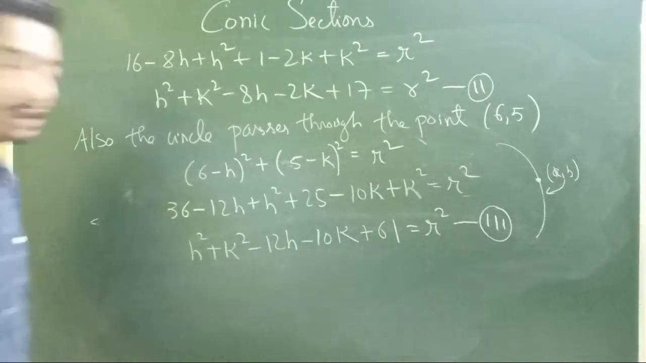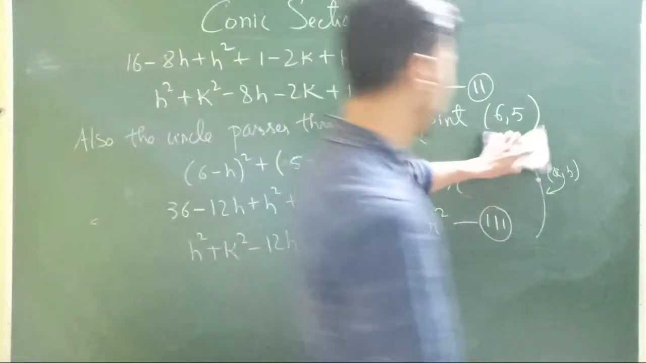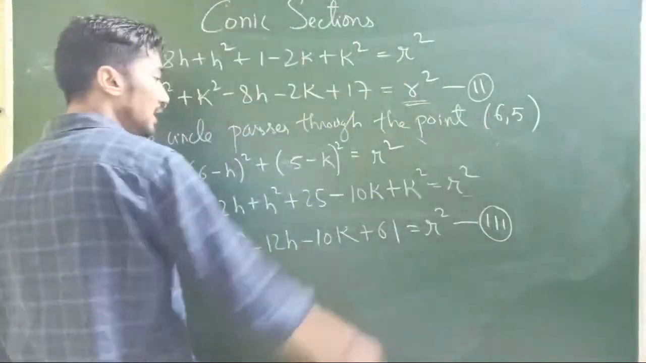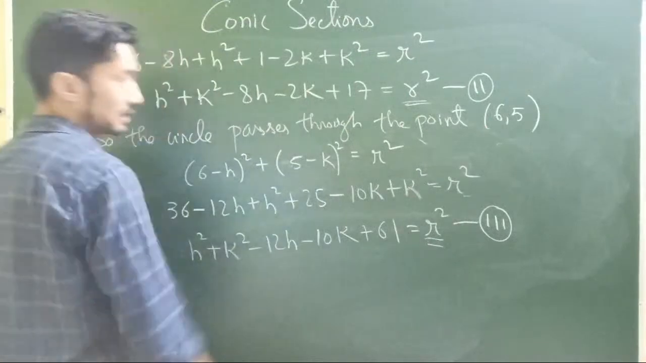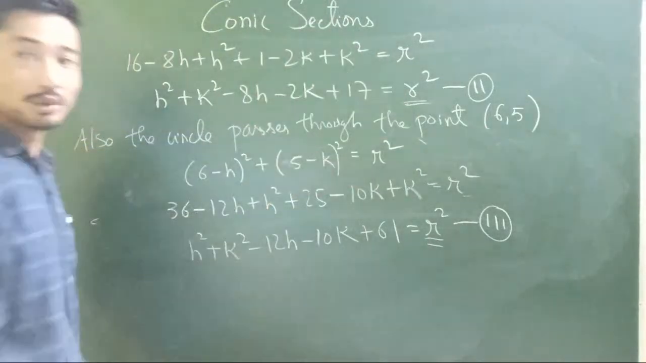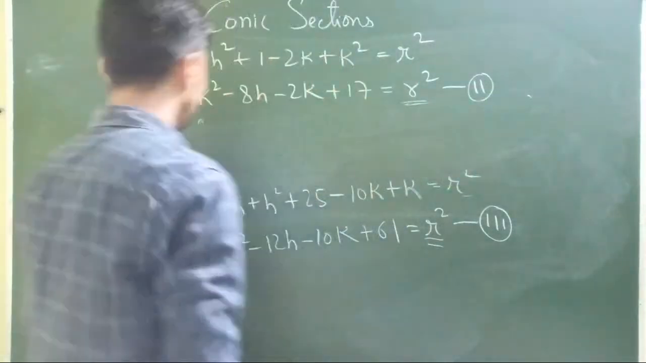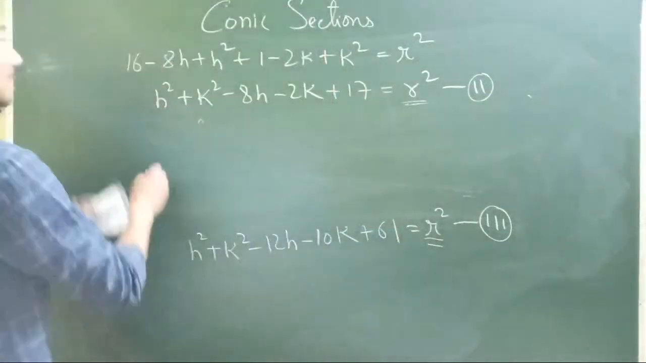Done? Okay, now if we just compare equation 2 and 3, what do you have here? Equation 2 represents r square, equation 3 also represents r square. So what we can do is compare both of these equations and equate them. That is, from equation 2 and 3,